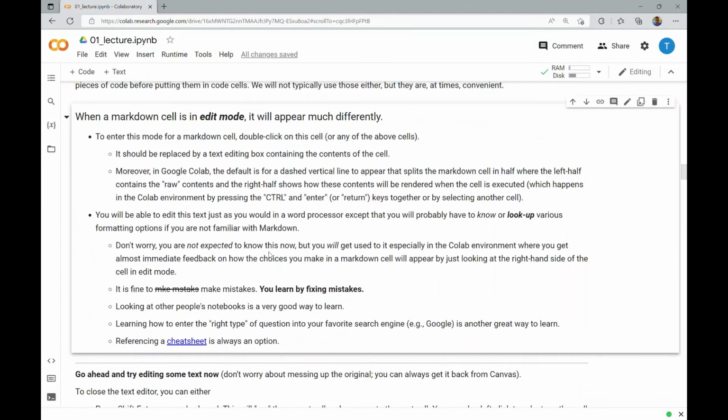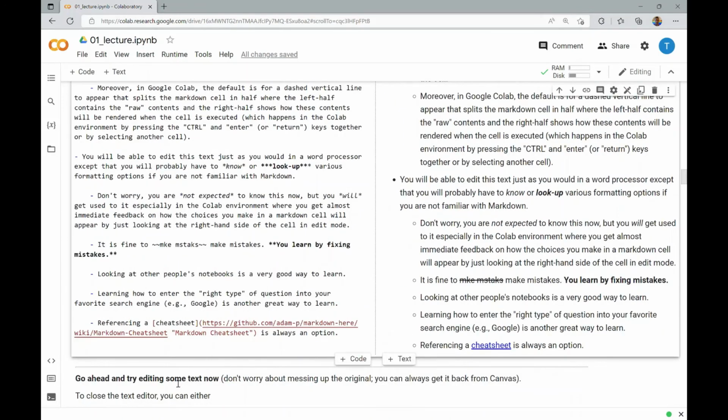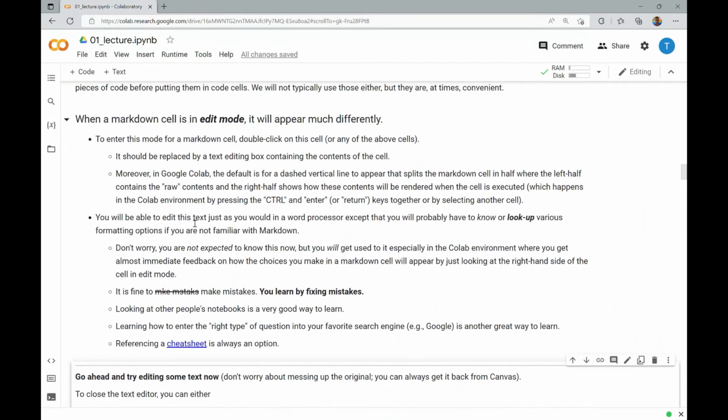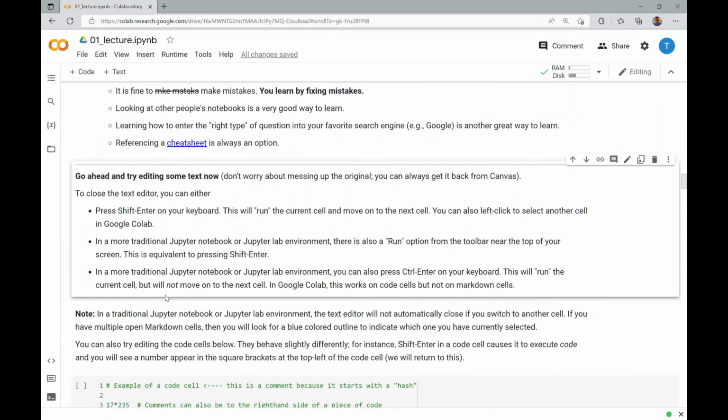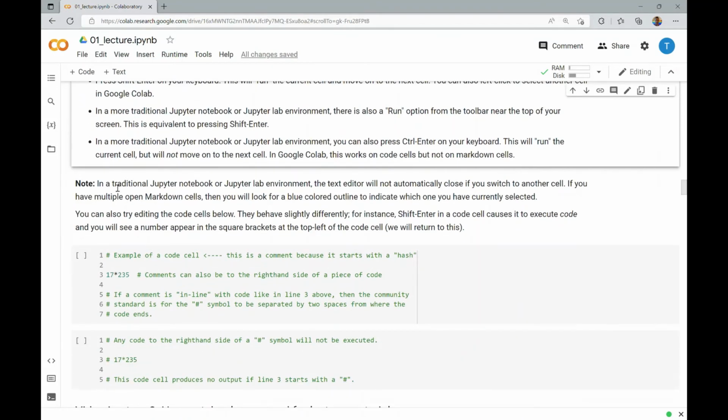Similarly, another way to exit the edit mode is I can just click anywhere else that's not in that cell, and it will leave it and render the Markdown cell content. So that's something you should go ahead and try now. You could pause this video if you're following along with the notebook and do this for yourself. And then I again describe how you can exit the editing mode. And I also describe what's going on in a more traditional environment as well, but we're going to skip that